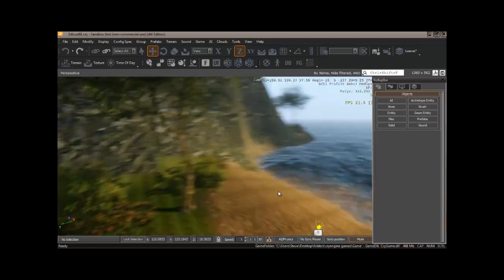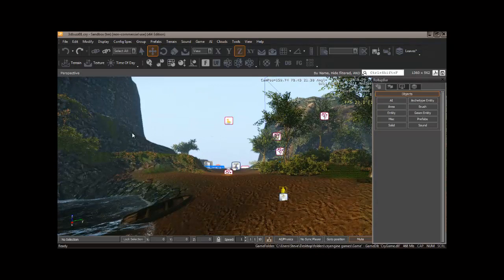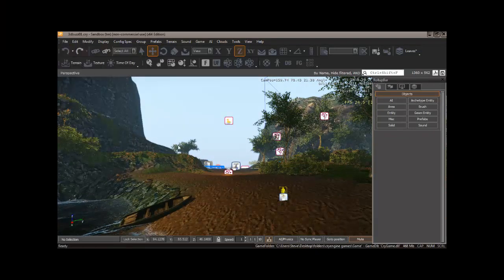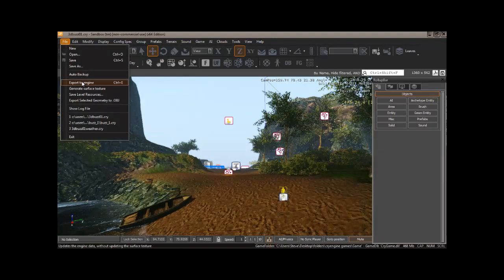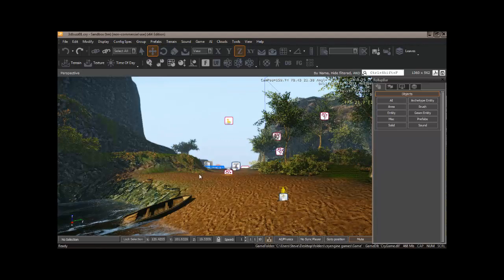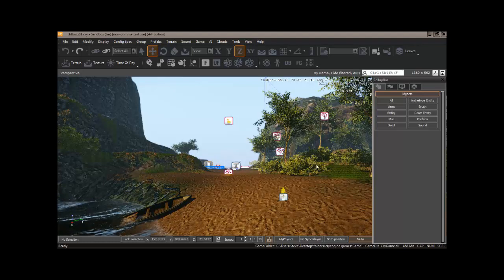So now that we have our spawn in place, we're going to save our file. And then we're going to hit Export to Engine. And we will click on that, and what that basically does is compress everything so that we have a launchable file from our computer system. So we're going to close this out,